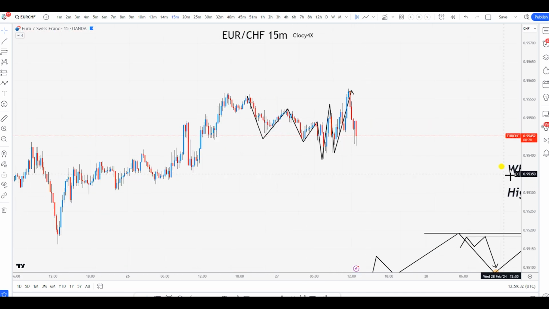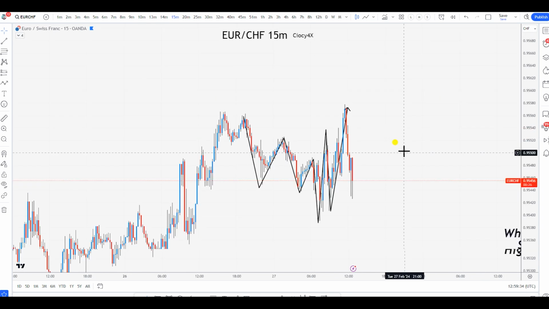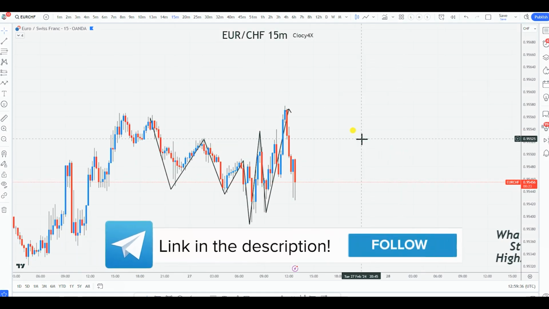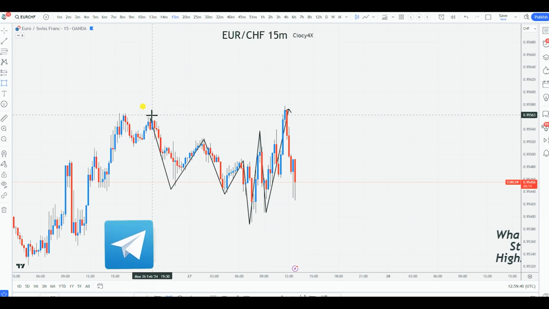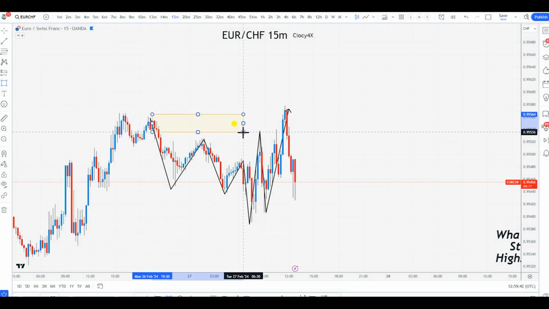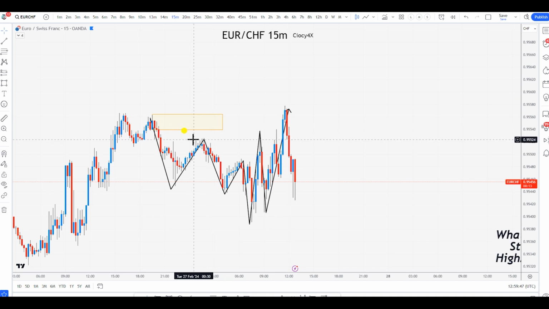Now check this out. Strong highs are important because those are the zones from where you will be looking for a trade. Therefore, this is the high that made the low. That means that this is my strong high, right? This is the zone from where I'll be looking to trade. Unfortunately, it didn't happen because price retraced all the way up here and then it dropped. It doesn't mean that you cannot still take it, because if you understand the fractal nature of the market, and you have different confluences, you can take the trade.